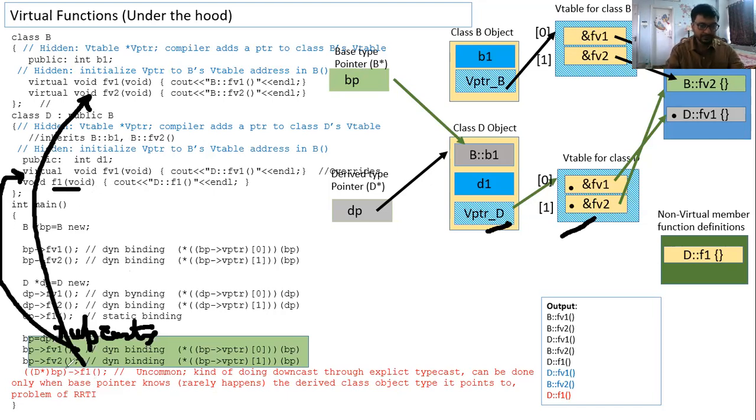So if we cast this BP, which is actually a base pointer, the contents of the base pointer, as a derived class object's address, if we explicitly typecast and then write arrow f1, which is not very common, because generally how do you come to know about this information? But if we somehow know this, and if we can do this,